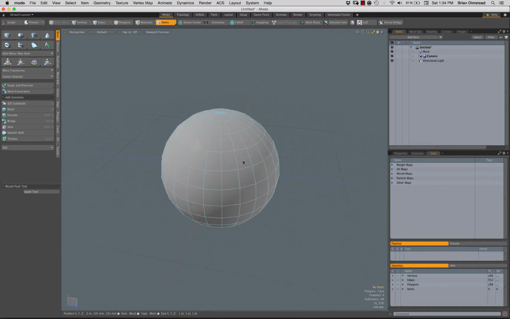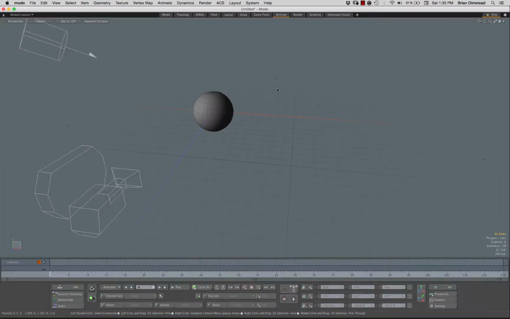Alternatively, if the ball comes in and it's already subdivided, you can just hit the tab key and that'll turn that subdivision on and off. And then down here you can just see one more time, its current tri count is at about 8,000, a little over that. If I hit tab, it drops it down to 528. So ideally we want to keep that unsubdivided while we're animating, because if you have a slow computer and you're trying to animate almost 20 times as many sides, it's just going to take longer for your animation to go through. So again, going back over to this animate tab,